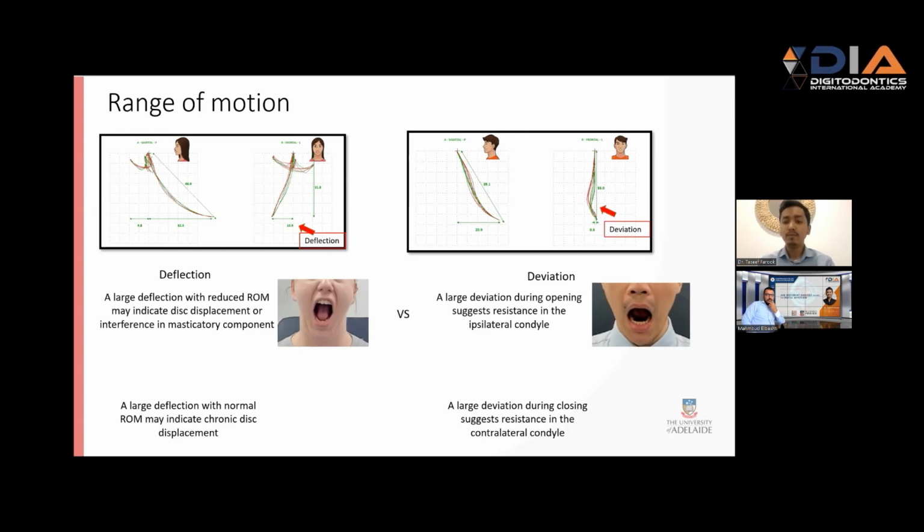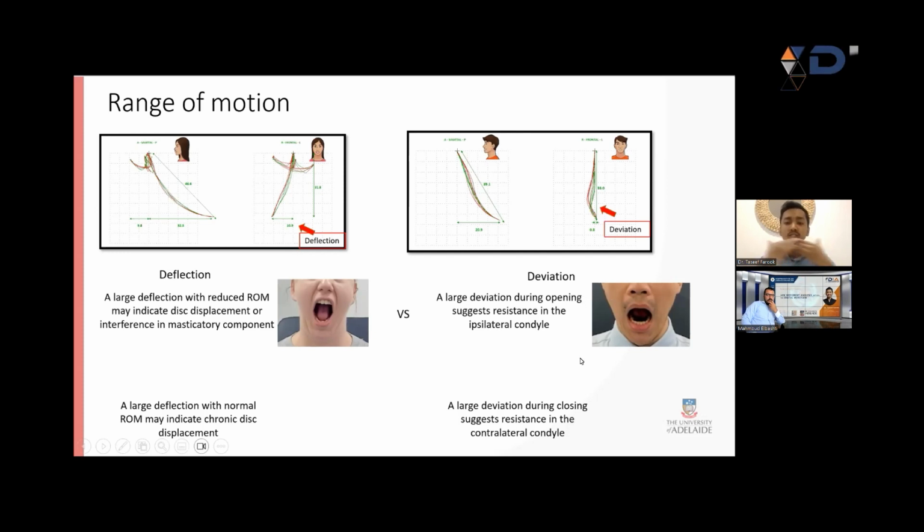Now, it might be measured using scale, but it does not give us a quantifiable or reproducible result every time, because usually a large deflection with a normal range of motion, like you see in this image right here, might indicate a chronic displaced disc. But then we have deviations where